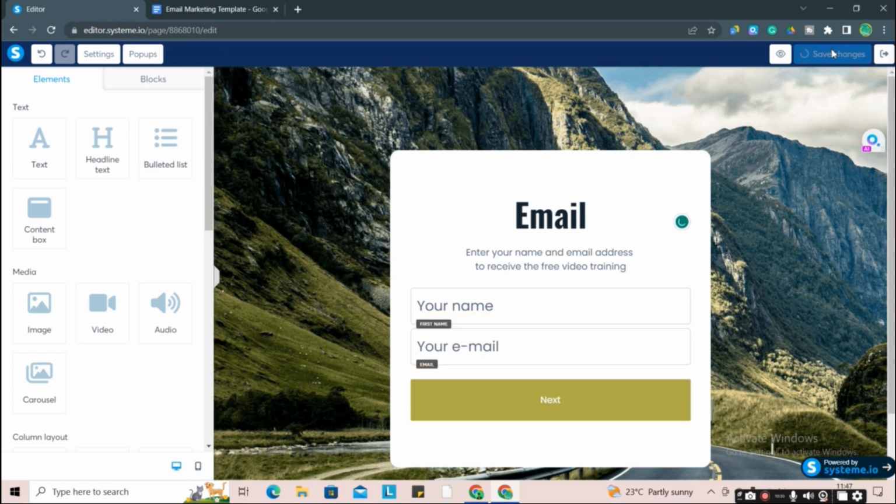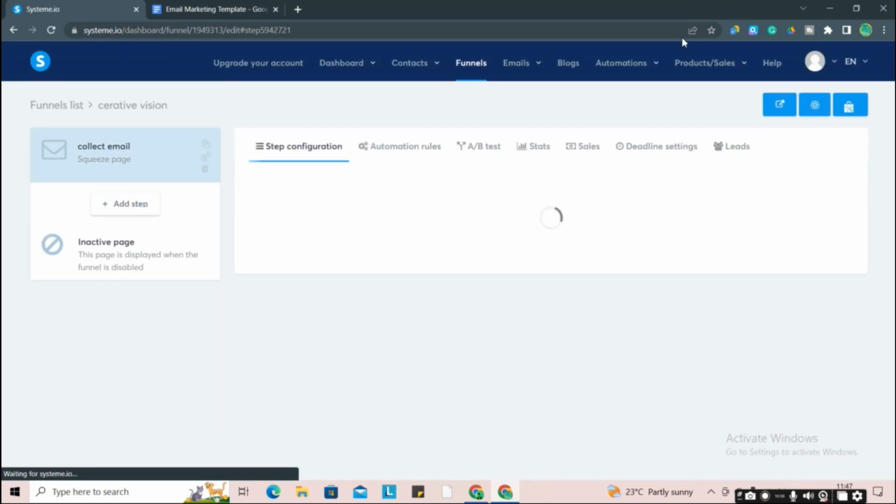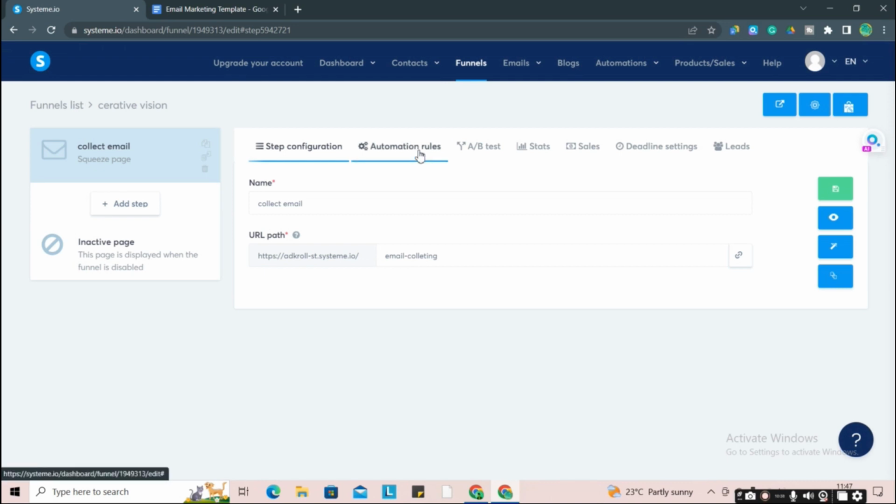So we're gonna save it and exit from here. Once this is done, the main thing that starts is here. So what you're gonna do is, once you're done with the designing and stuff, however you want, customize it the way you want. As I told, if you're a person who's seen the video of sales funnel, and if you're